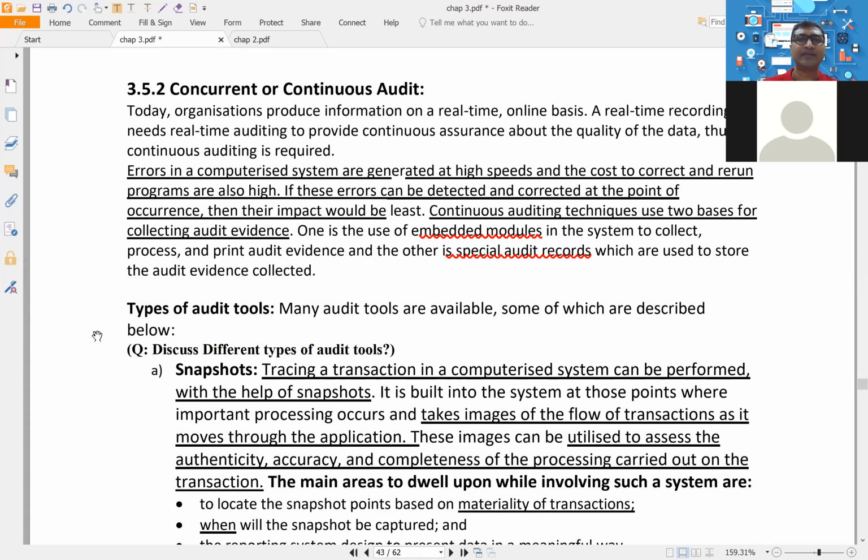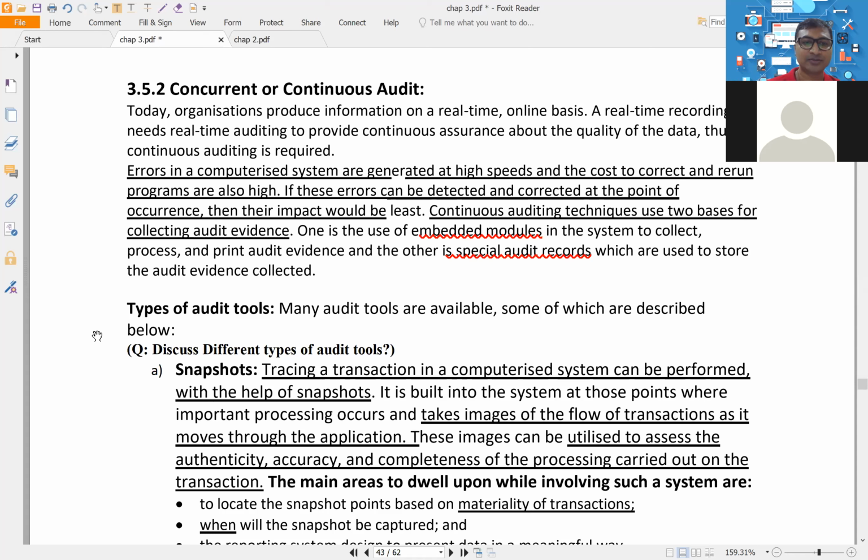Now it will depend on the auditor how frequently he wants to visit or verify, correct? But the problem is, when there are thousands of data, it is practically impossible for auditors to verify all those transaction controls manually. So we have developed certain tools and methods which will help us find out whether the system, its features and its controls are working correctly or not on a continuous basis.